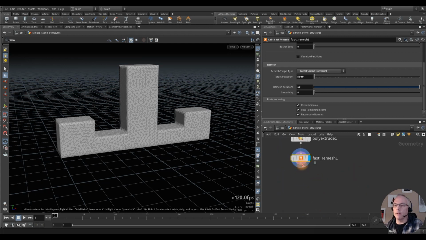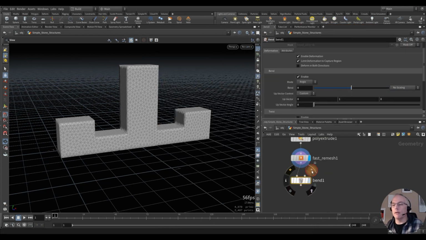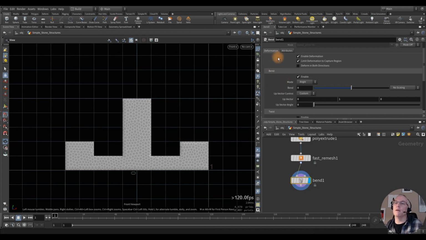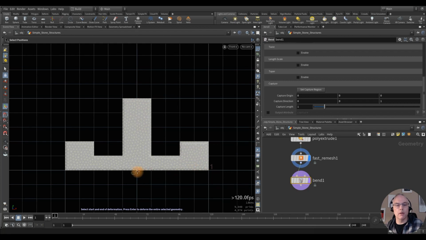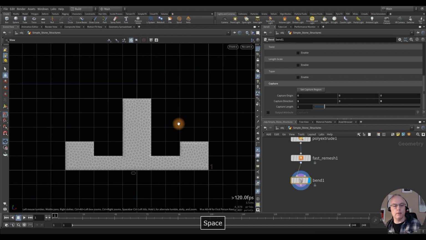And then what we're going to do here is I'm going to go ahead and add a bend just to give it a little more interest. So in my bend node, the first thing I'm going to do is set up a capture region to start from the center and go to the max X to the right there, and that's that. Go back to my